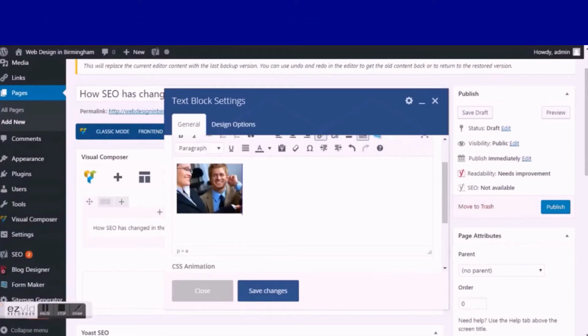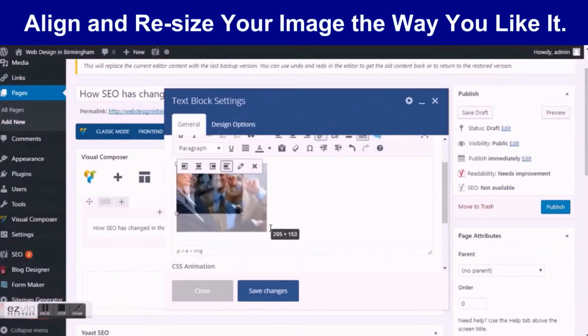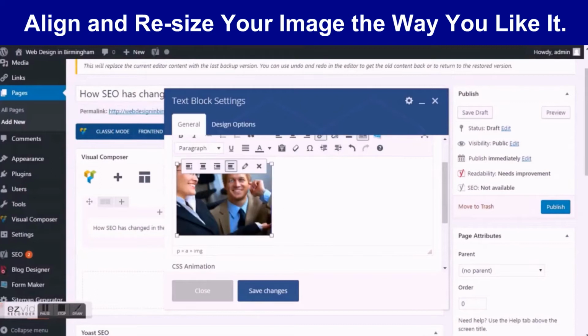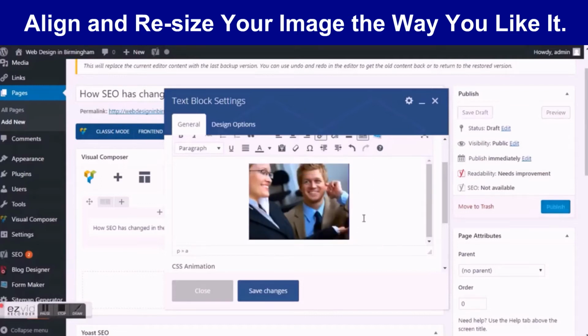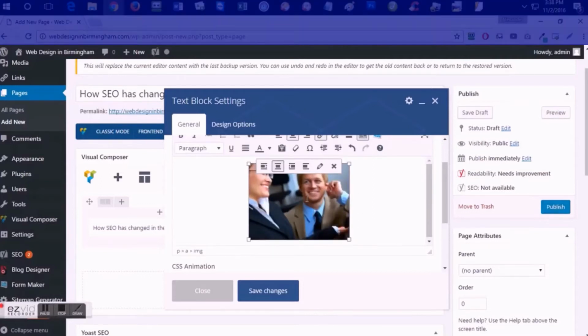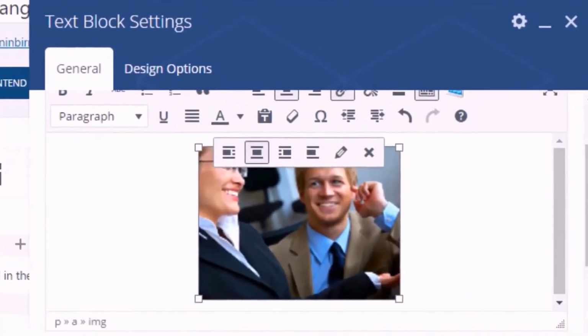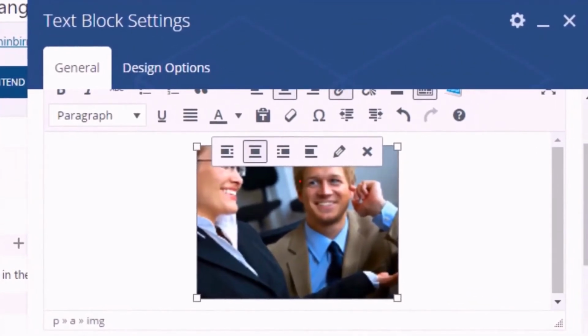you can make your images larger. You can align them in center, in the left, in the right section, whichever way you prefer. You can always add links to your image so that when people click on your image, they go to a different page. You can definitely experiment with different alignments of images. Like the center one would make your content below or above the image, and image would be in the center. Right here,